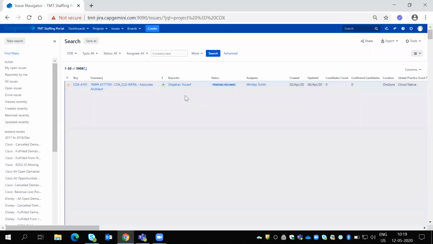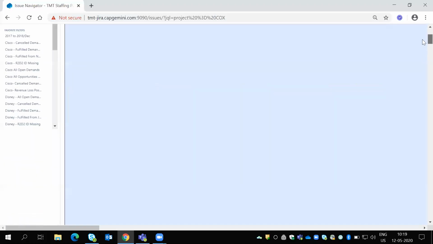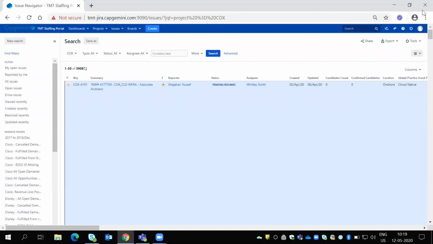So here I have different issue types. I want only one particular issue type.